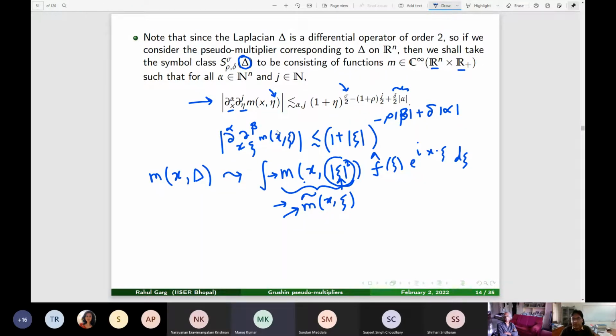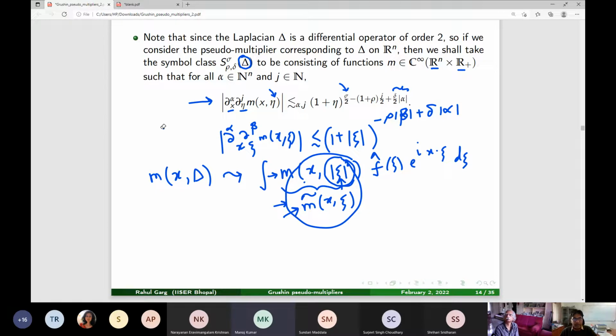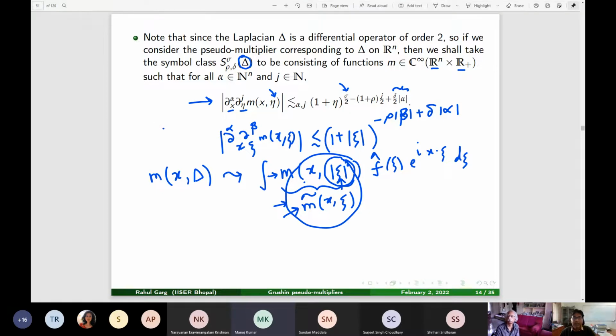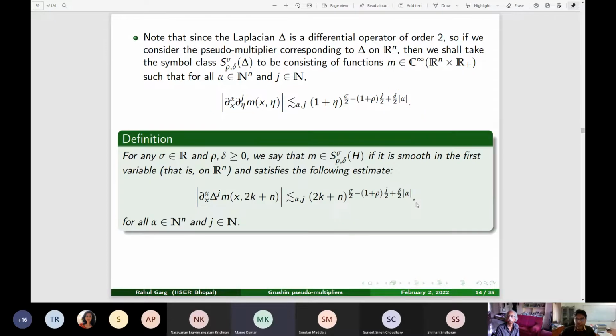But these are natural, and this could be verified from this transform. Okay. So that is for, let's say, a second order differential operator. Remember, Laplacian was second order, so that was what was reflected. So this suggests us to look for the definition for the Hermite case also, which is a second order differential operator, exactly